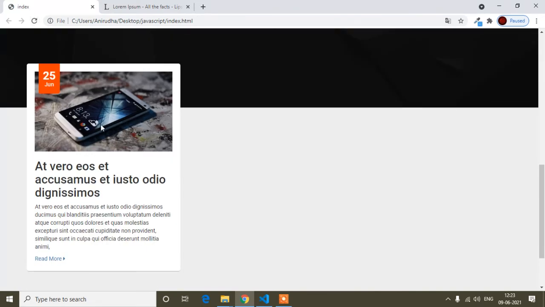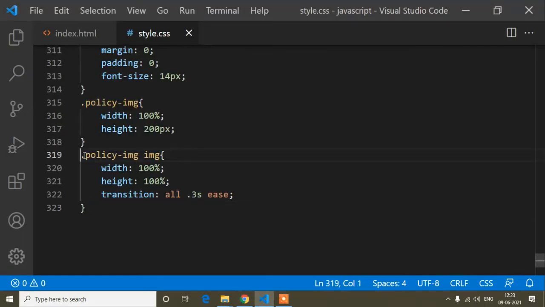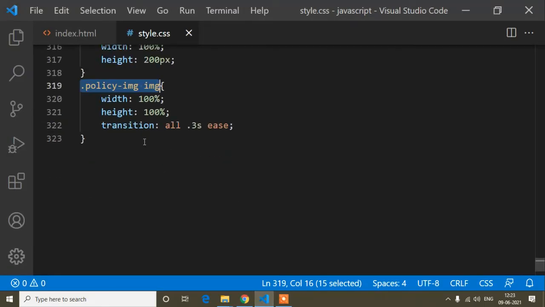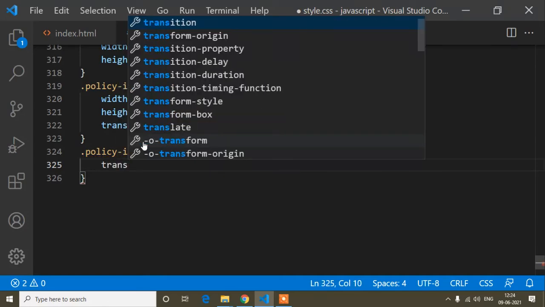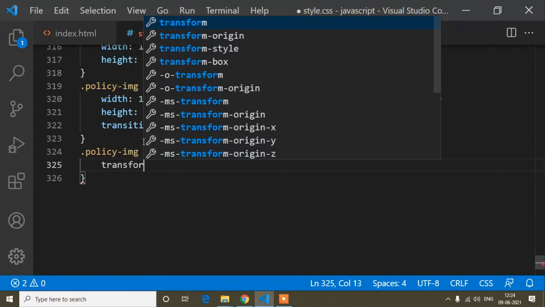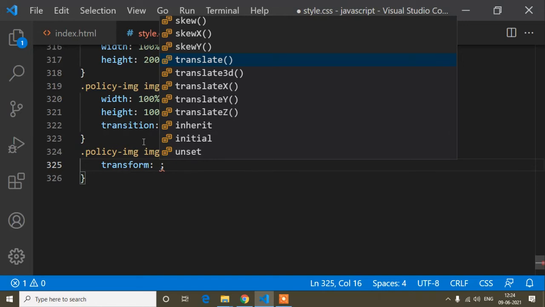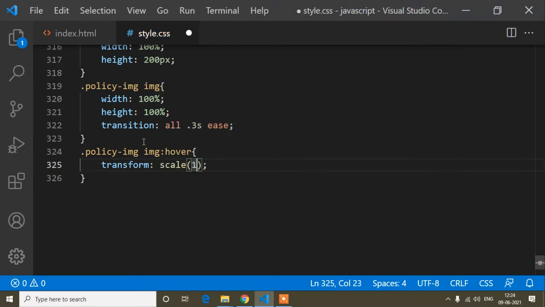And now, guys, when I hover on this image, I will add some CSS that makes it zoom in. So I will copy this image selector and write the hover effect here. When I hover, the image will zoom. For that I will write transform scale 1.2.